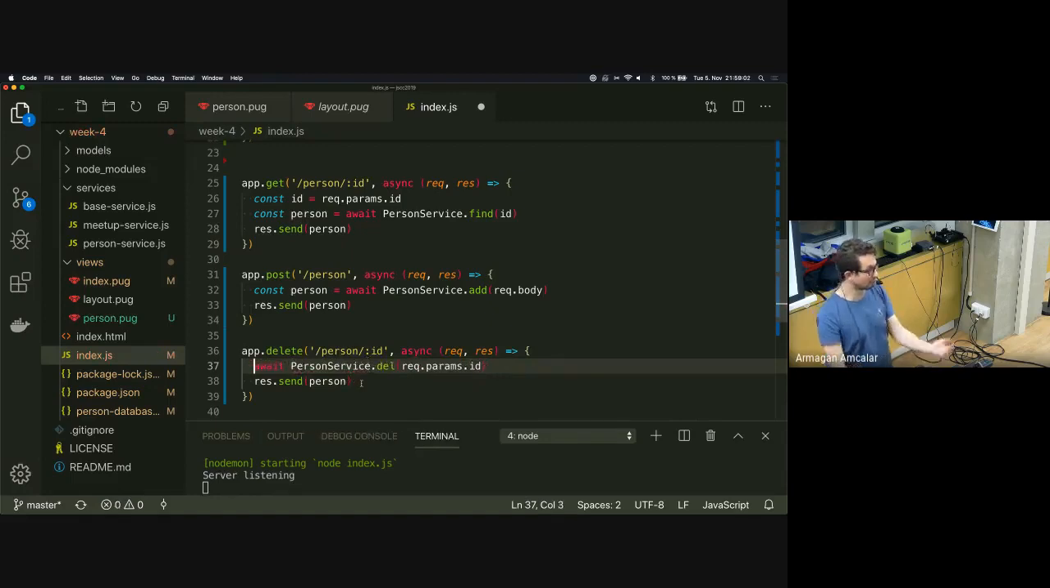Okay, so this would work, obviously, but as a good practice, it doesn't really make sense to return something that is deleted and that is never going to be accessible. So in that case, I will just return, I don't know, okay, or something like that. But I'm still awaiting for this deletion to end because I want to make sure that when I send okay